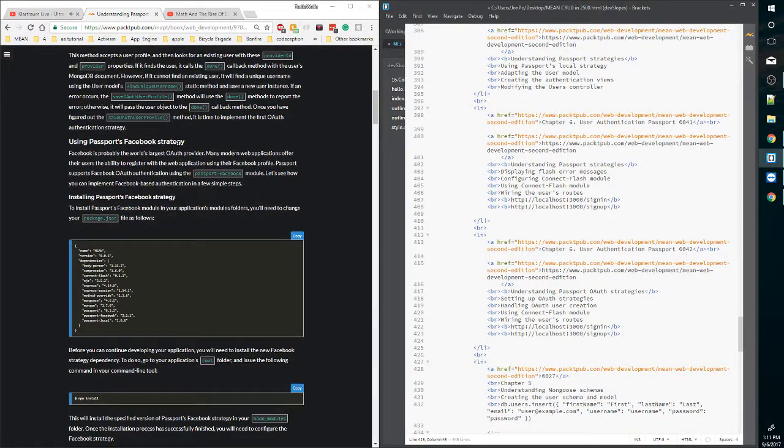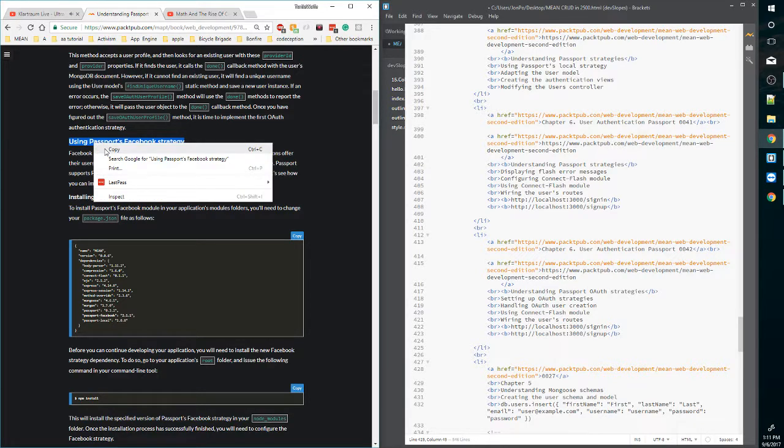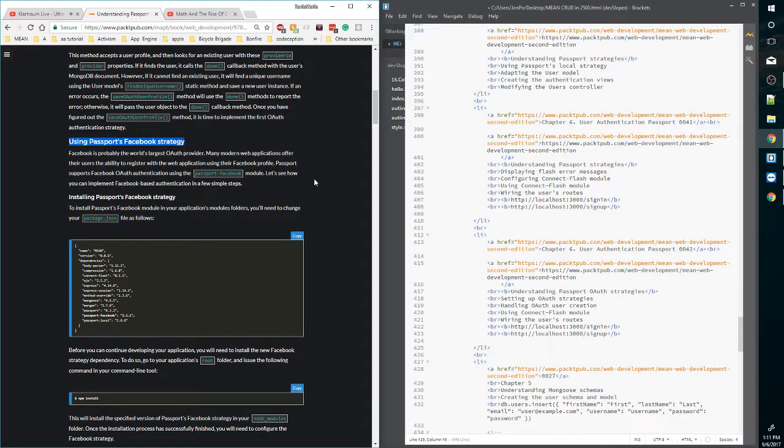Let's see, using Passport's Facebook strategies. So I would have thought it was OAuth's Passport, but or OAuth. Anyways, so that's why I'm not writing the book, I'm just reading it. Handling OAuth. So next we'll have